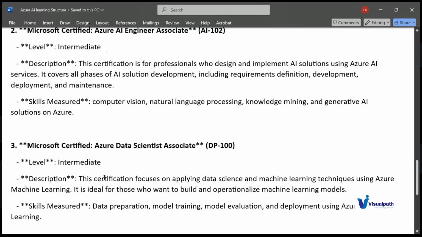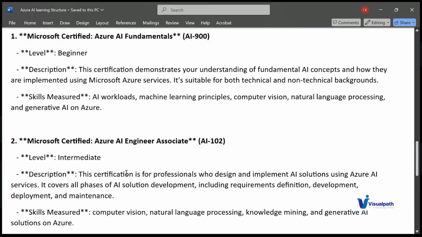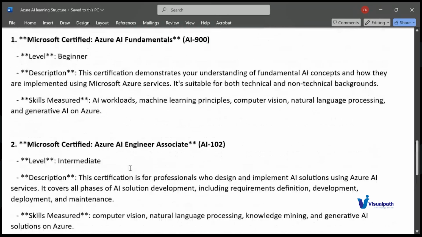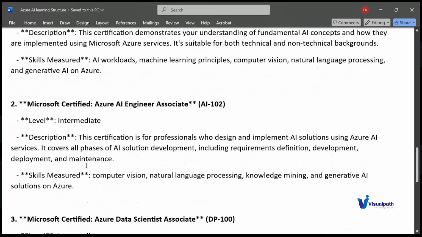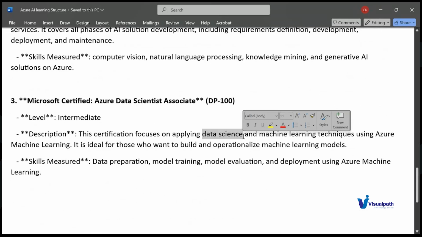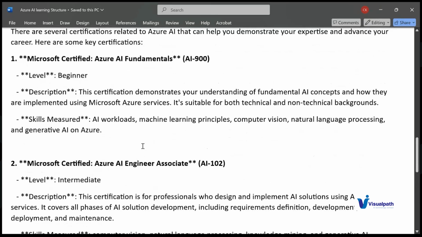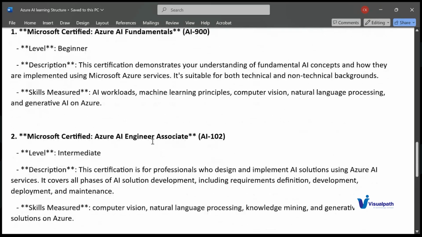So these are the main three certifications which this course helps you with. You'll be able to crack all three, mainly the first and second. Here we have data science. Data science covers not only machine learning, it also covers the statistical part as well, which is not part of this course, but you will have most of the knowledge that you need to crack this Azure Data Scientist Associate. From my side, I'll recommend one and two, because our course fully covers those certifications.